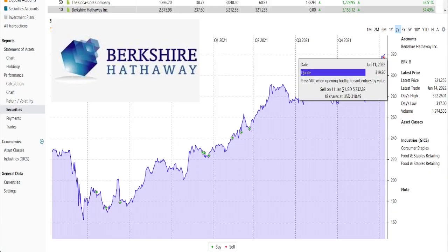Also here I made a deeper, full analysis of PayPal, and explained why I bought in the first place. Then I also sold some shares, and maybe surprisingly I decided to sell some shares of Berkshire Hathaway. I had 28 shares of Berkshire Hathaway, and I decided to sell 18 shares of Berkshire Hathaway on January 11th